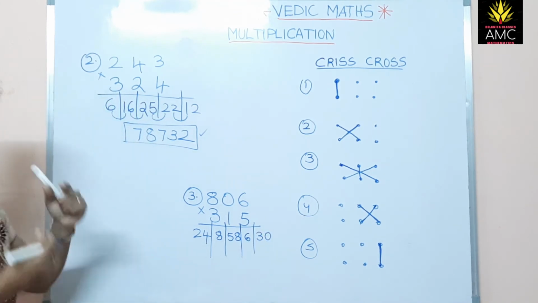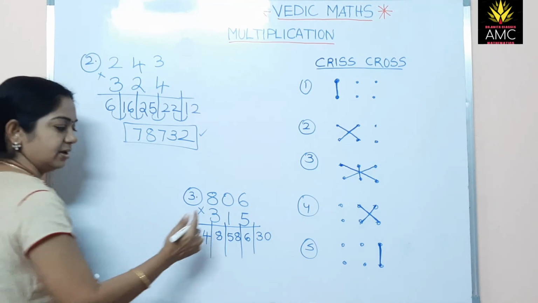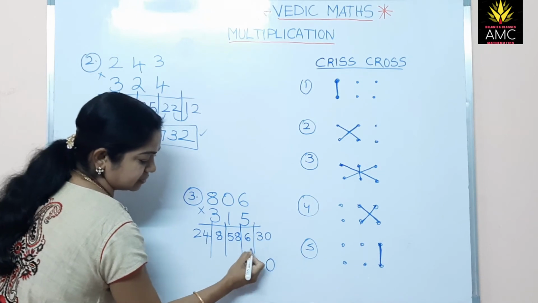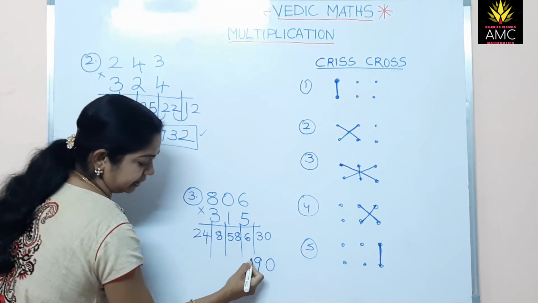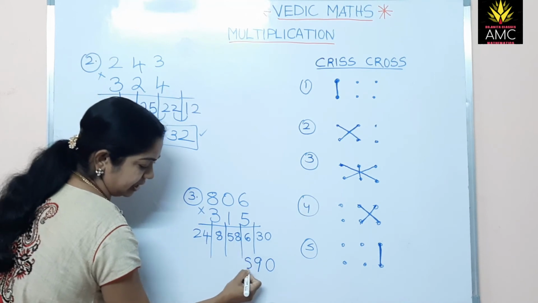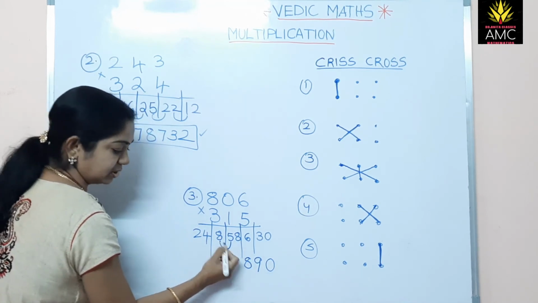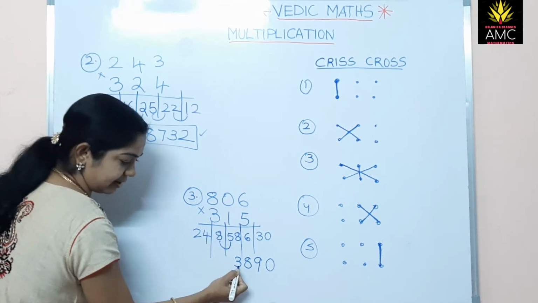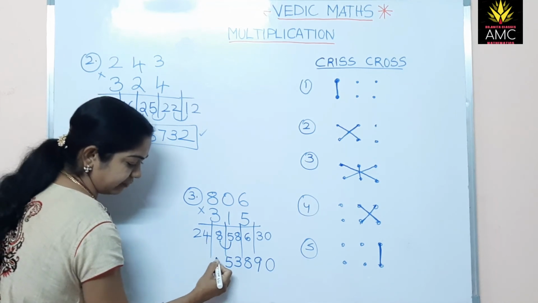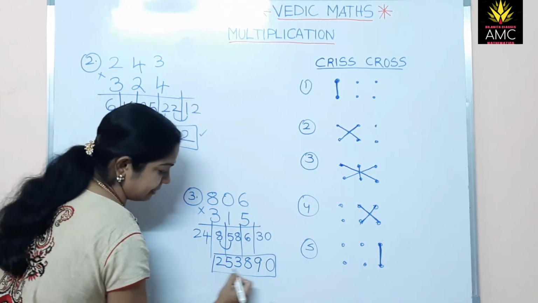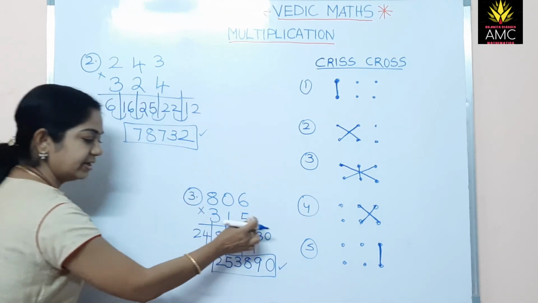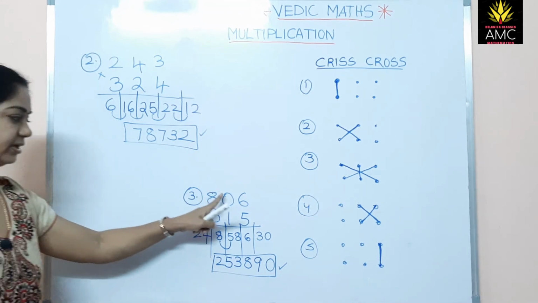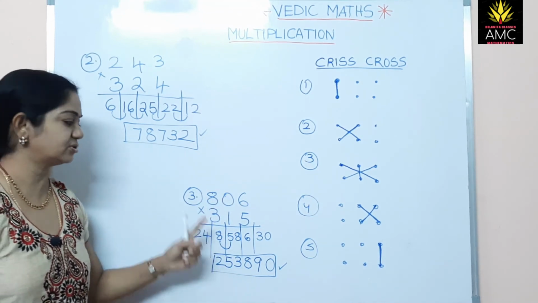In practice you can do it in 3 seconds, right? For illustration only I am telling it in a slow way. Here 0 and this will be balanced here, 9, here 8, so nothing is a 0. If you come here, this is 8, and this will be balanced here, comes to 13. So 3 I write and 1 I'll take it to here. So 8 plus 5 13, here 13, 3 I'll write it, 1 I'll take it here, so this comes to 25. So this is the final answer. Balancing is very simple. Just take one digit, the other one keep on adding to the next number. That's it. So when 0 comes, it will be very, very easy for us to solve.